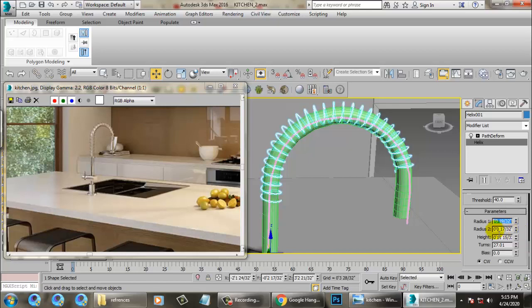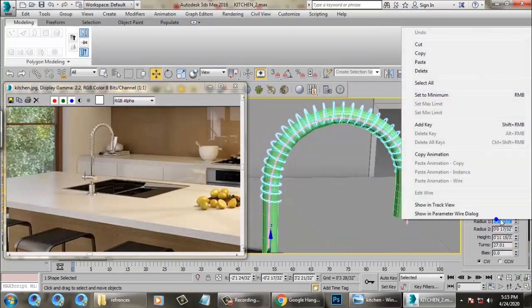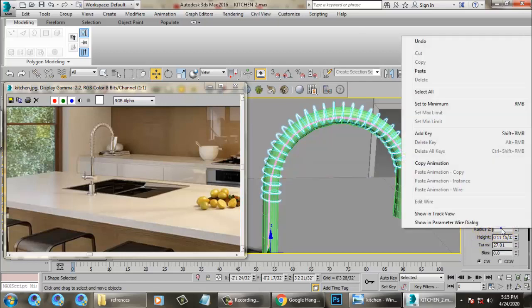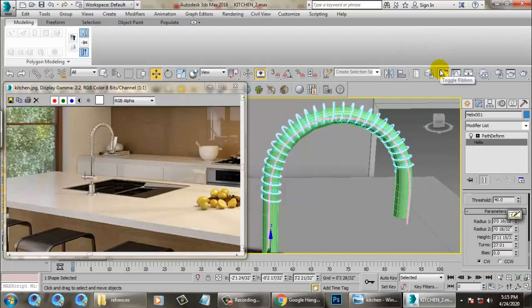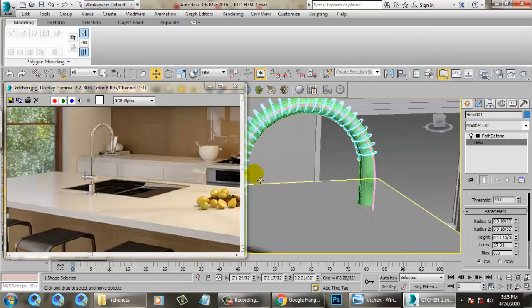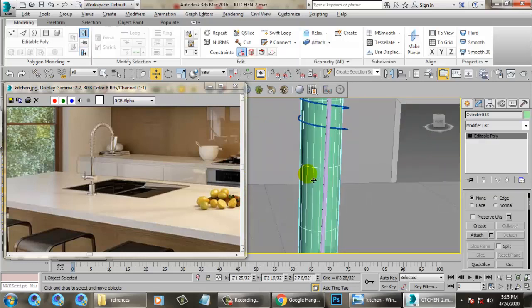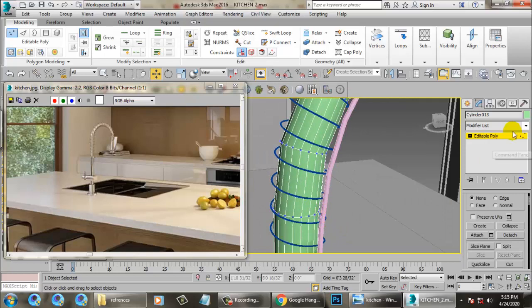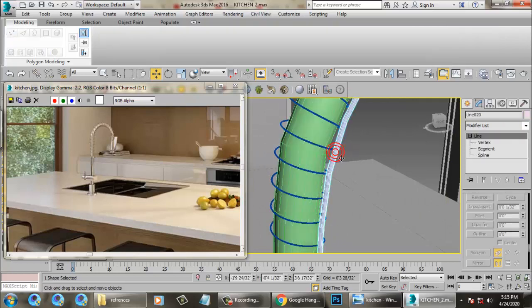So you can just copy this and paste it. Alright, so once you're done with this, you can go over here and delete it.